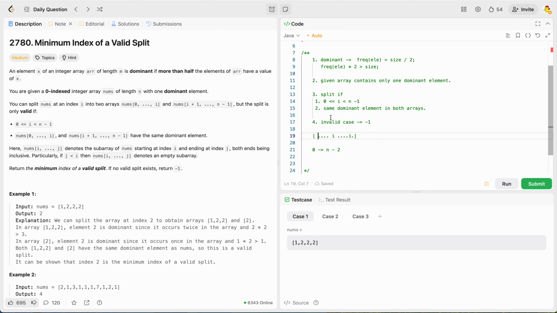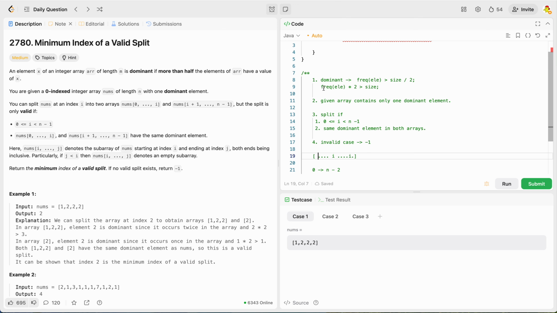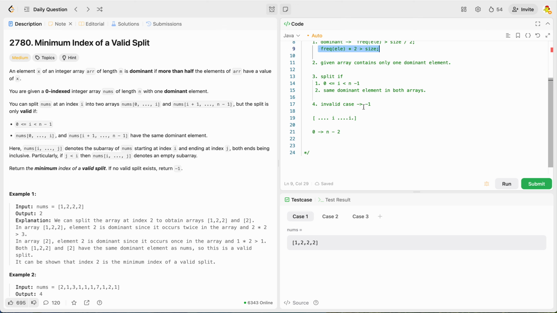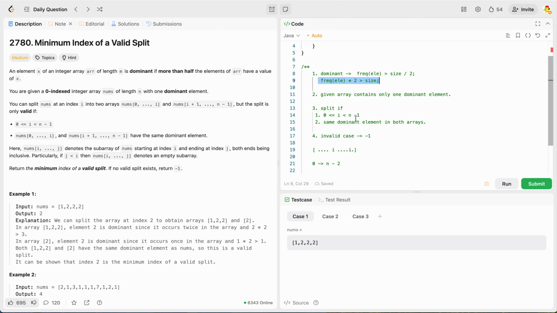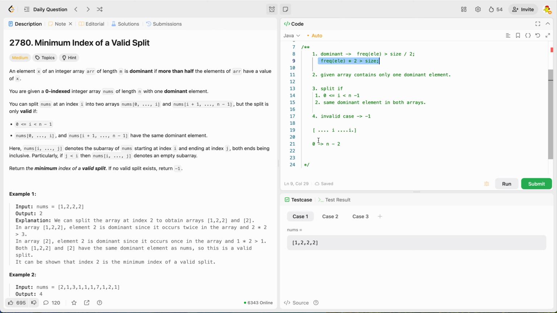If it satisfies both conditions, then that is a dominant element. Since we are traversing from the minimum index to the maximum index, we can return that index directly. If we don't satisfy that condition, we keep removing one element from one map and adding one frequency in the other map and check the frequencies,